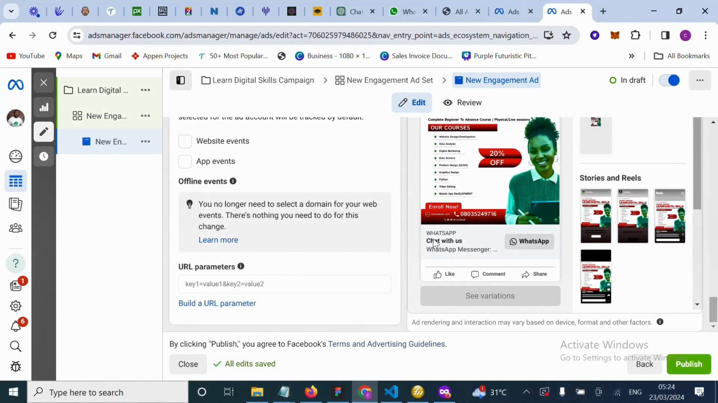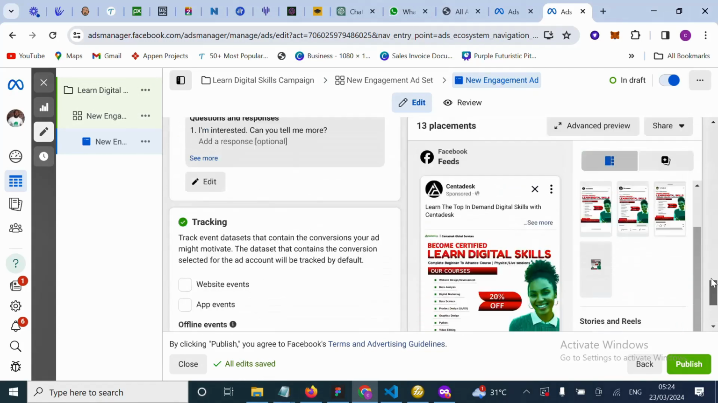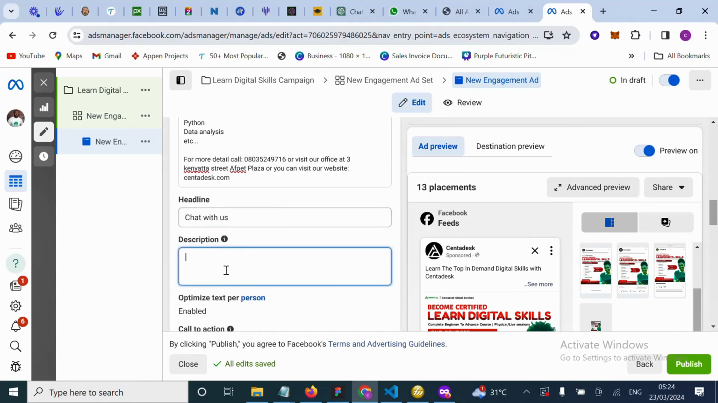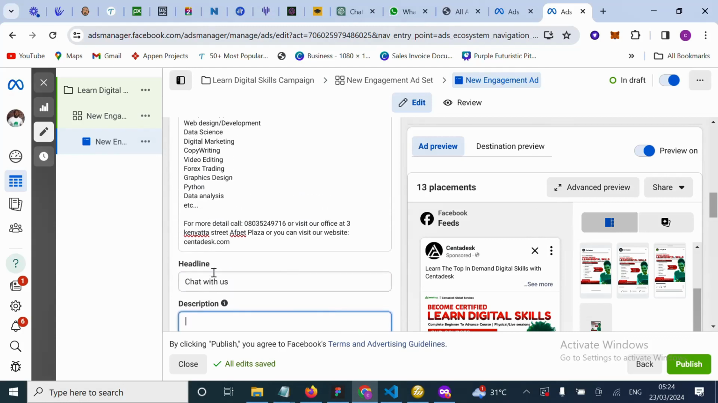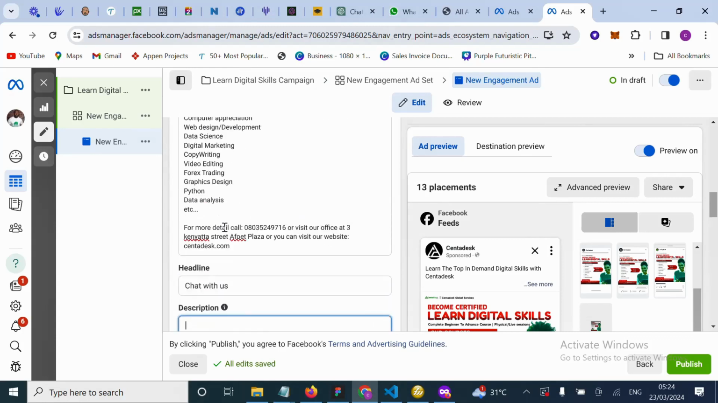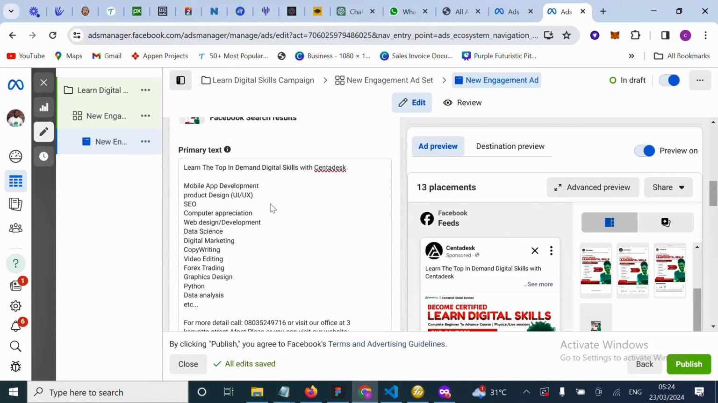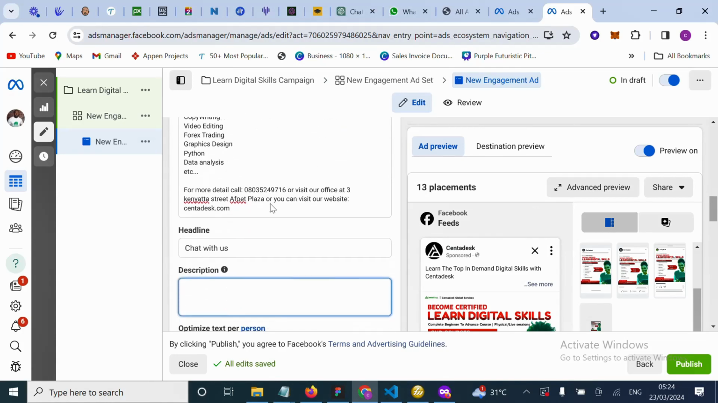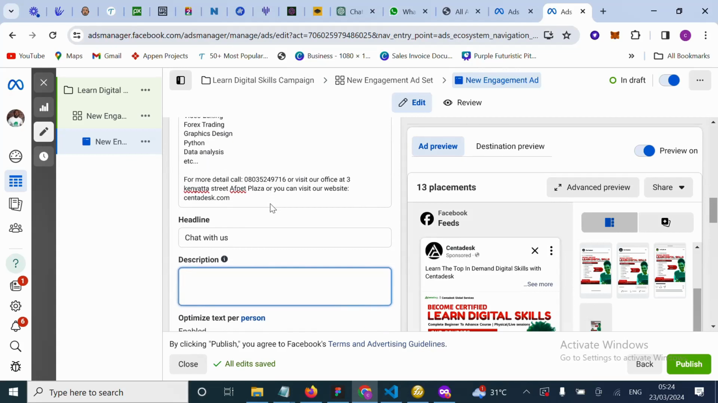So you can see here where they wrote "chat with us." Now this is what this caption is representing. This "chat with us," remember, it can be anything you want. So you just change it to whatever you want. Now your description. So also write a description concerning this course you are trying to advertise. Now the essence of all this is, what can motivate somebody to want to